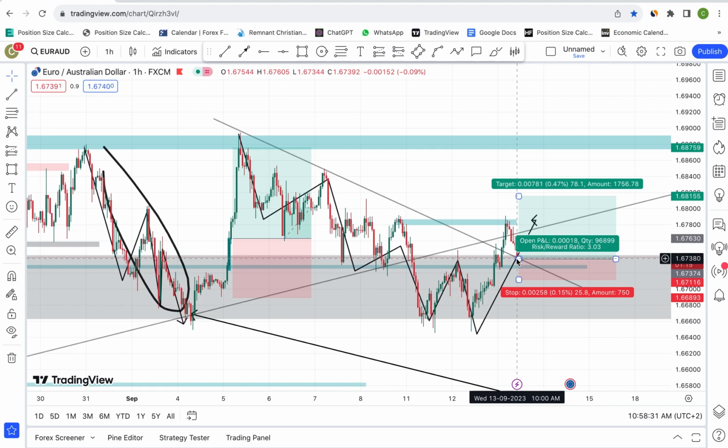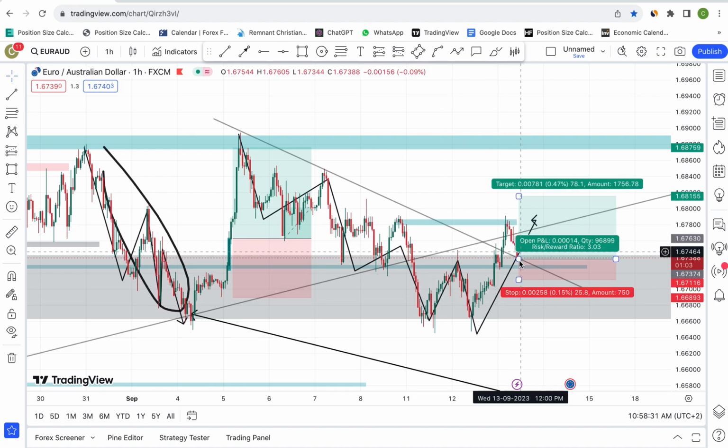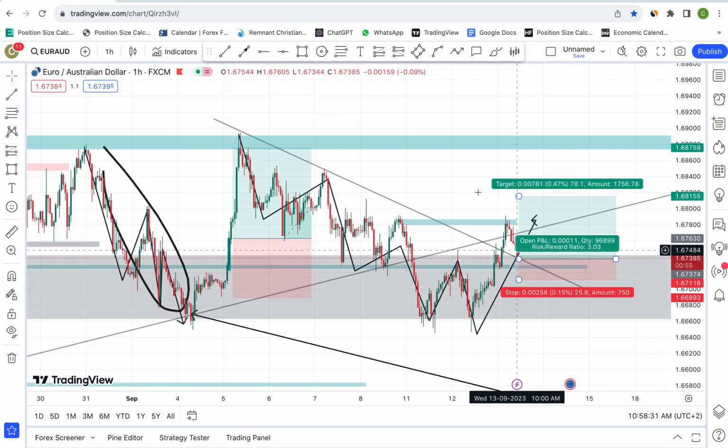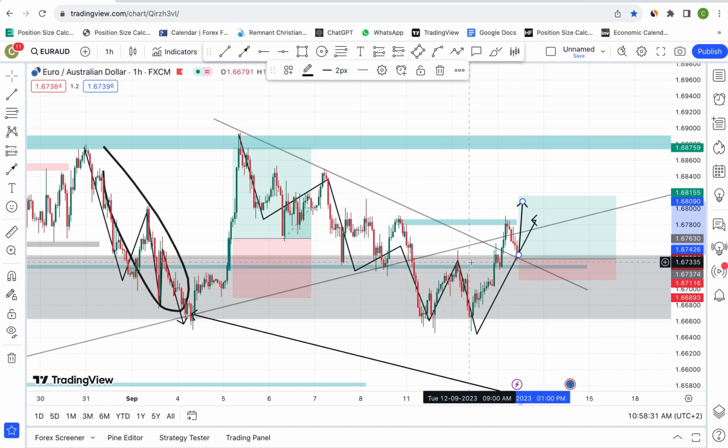This is a very nice sniper entry, but I didn't get a break. So once there is no break right here, I'm not going to enter this trade, no matter how nice the chart looks, like it's forcing me to enter this trade. I'm not going to enter this trade. Even if the trade later moves upward and gives us a buy to this place, I need that break. If I get a break of this neckline, yes, you can see the neckline is broken, and there are so many things to determine